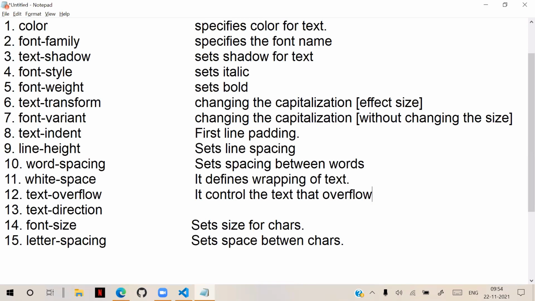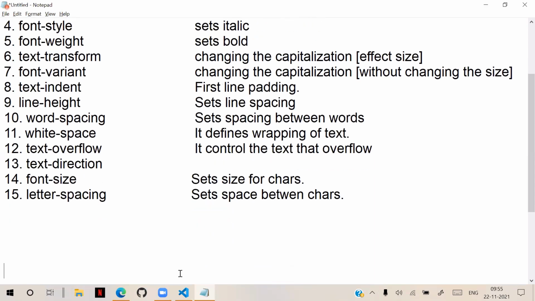And remember, we learned one more option, general overflow. Overflow hidden, overflow scroll, like options we have learned. Text overflow and overflow, both combinations we have to use. How to use that combination? Let's see. For example,